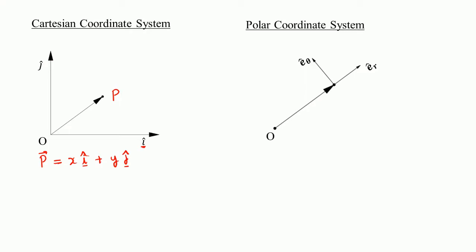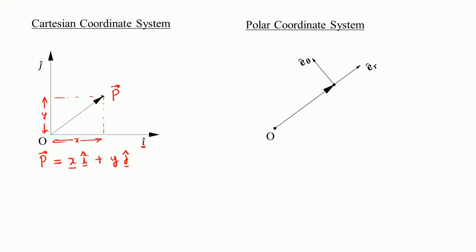Now if I say position vector p or point p, I am specifying using position vector p. Now this position is specified if I have x in the i direction, this means x distance in the i direction plus y distance in the j direction. So this can be the point here, this distance actually is y and this distance is x. So like that we specify the point.